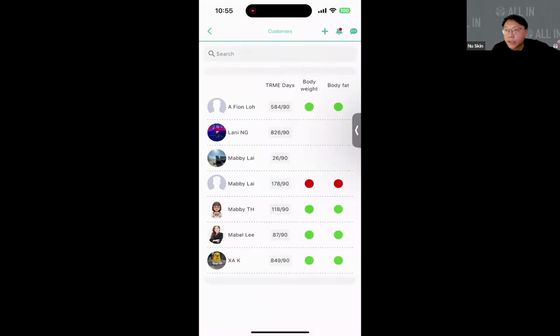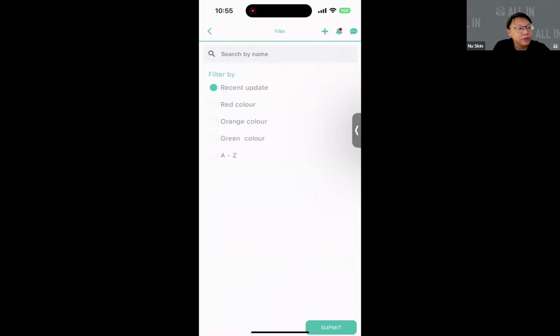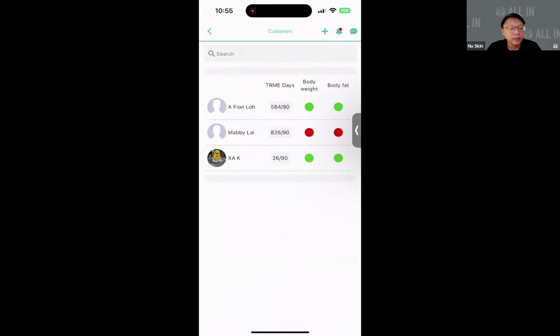If your list gets too long, simply use the search bar to either filter everything by red color or just search by the name itself. Okay, I will personally prefer filtering it by red color because that will show me all the people that need my help. You may be wondering, just now I clicked on the filter red.